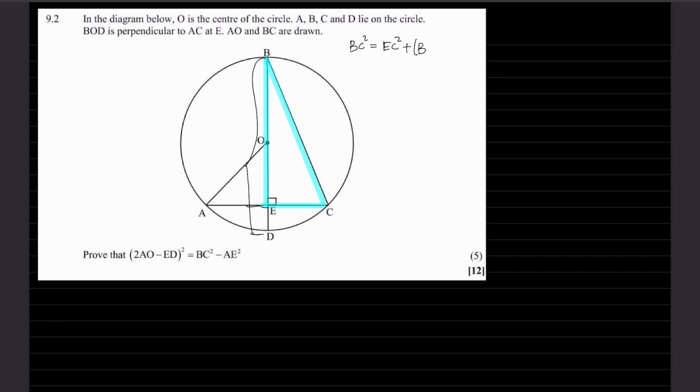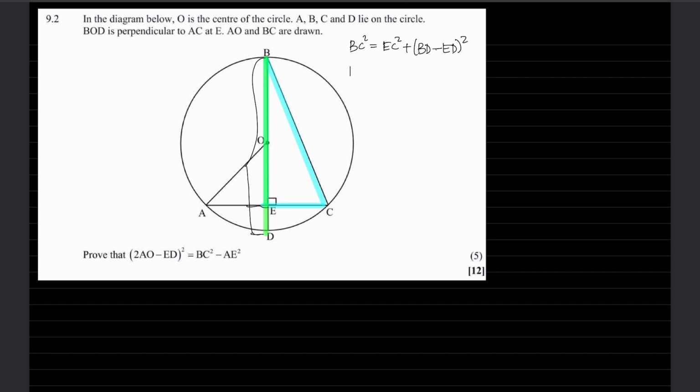So BD minus ED all squared. Now BD represents the diameter, okay? And we know that the diameter is double the radius, and the radius is OA or AO. So instead of writing BD, I can write